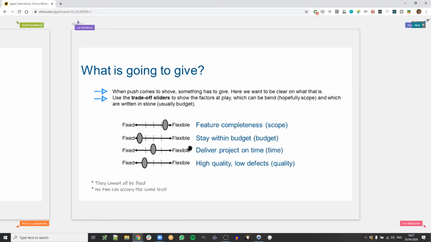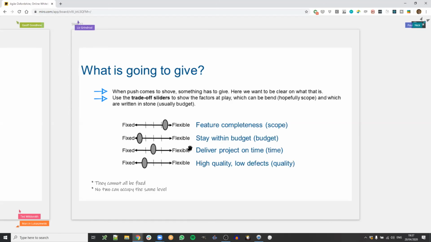And when I ask what's going to give, it's when you're faced with there's no time left. You're a week before the deadline, let's say, or you haven't got any more budget. You've burned all the money, and you've got nothing left. Now you've got to make decisions. So what's going to give between all those variables? Because when people say they don't have more budget, well, they could maybe ask for more. And maybe it's easy to get some more. Maybe it's not, but maybe it is. So what's going to give?